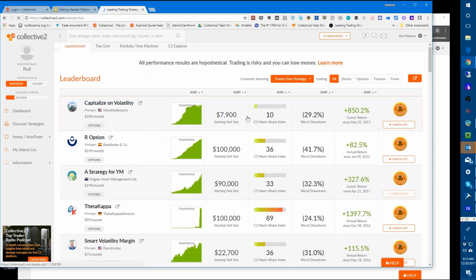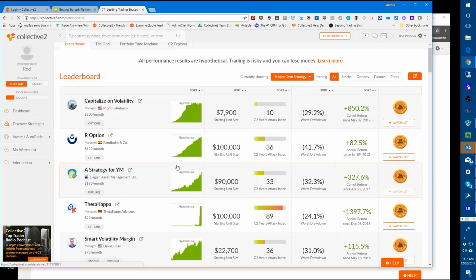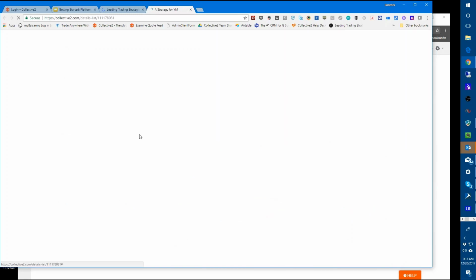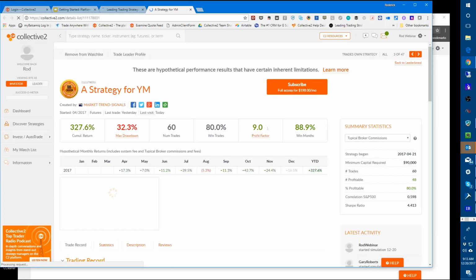So what they do is they go and connect their Interactive Brokers account to Collective2, and then when those signals come in, they're coming from that live account. So that's this little badge that you can see over here, which is called Trade's Own Strategy Status. So let's just go ahead and click on this strategy here. I'm going to open up in a new window, and we're going to go to the strategy details page,